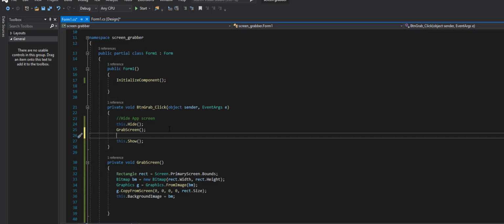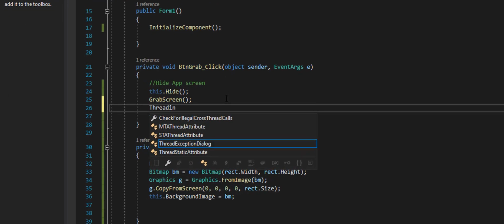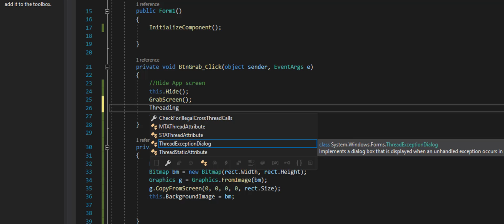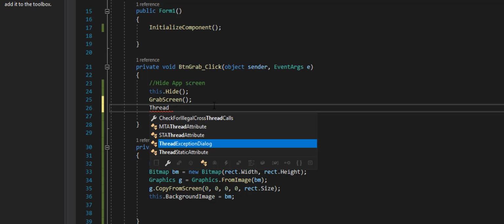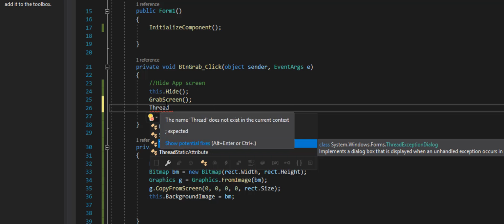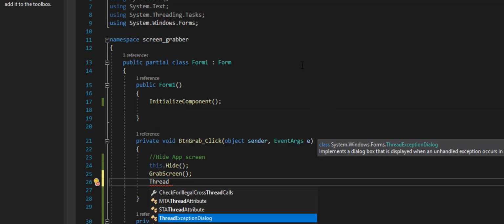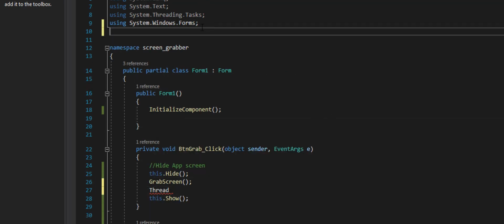So what I'm going to type is thread. Now, you're not going to see any help here, and it's not threading, it's thread. Normally, the IntelliSense tries to help you. The reason why you're not going to see any help here is because we don't actually have threading inside of our library that we can use. So we have to go up here and put in using